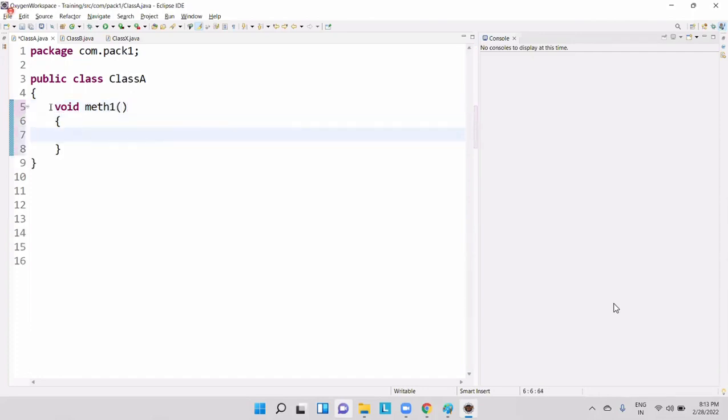There are different ways to create an array, a lot of ways, but I'm trying to create it in a simple way, that is int arr equal to, and I'm passing the values up to 50 like this. If I'm creating an array like this, all these 5 elements